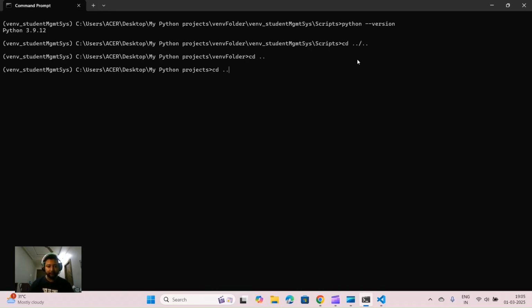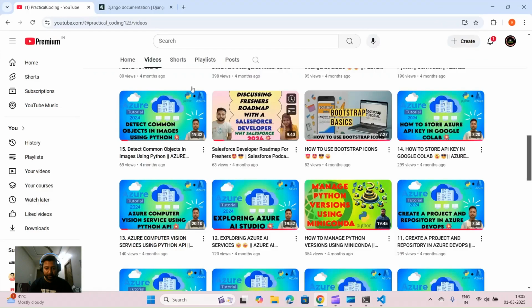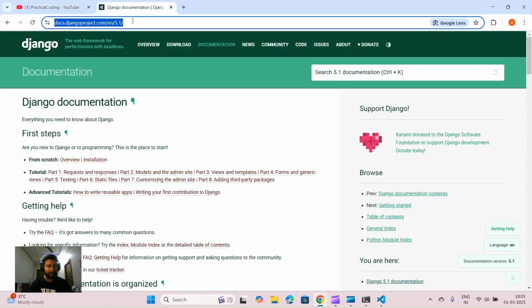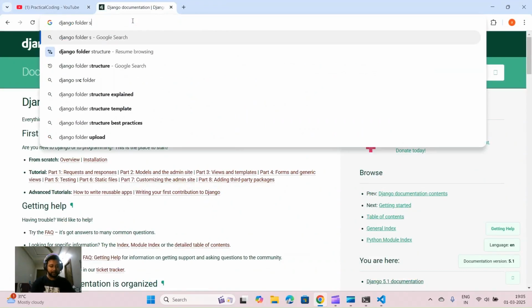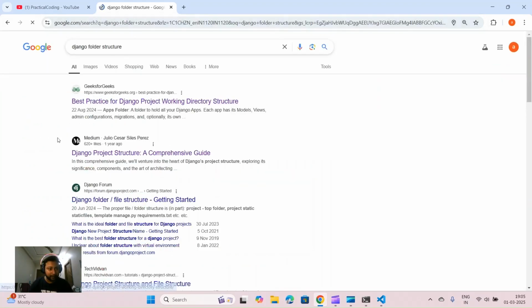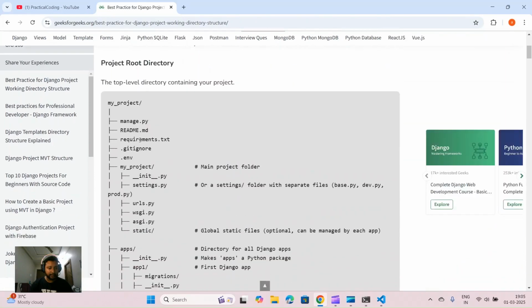So in the main folder, I'll quit this. I'm inside my Python project folder. Okay, so here, let me show you what the Django folder structure looks like. Django folder structure, how it looks like is, if I go to this link,